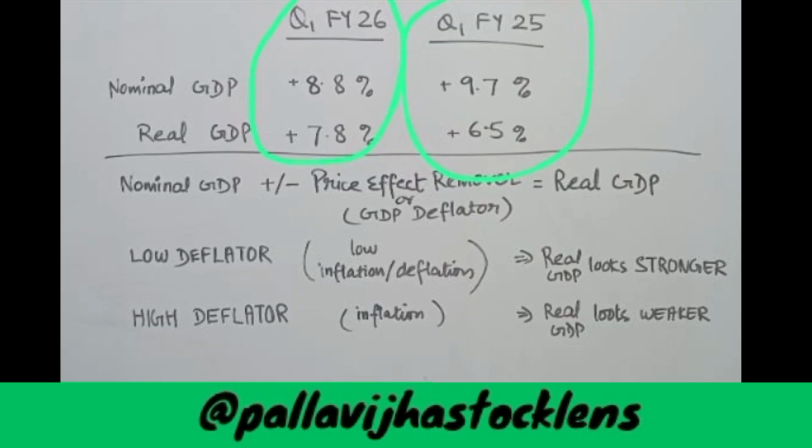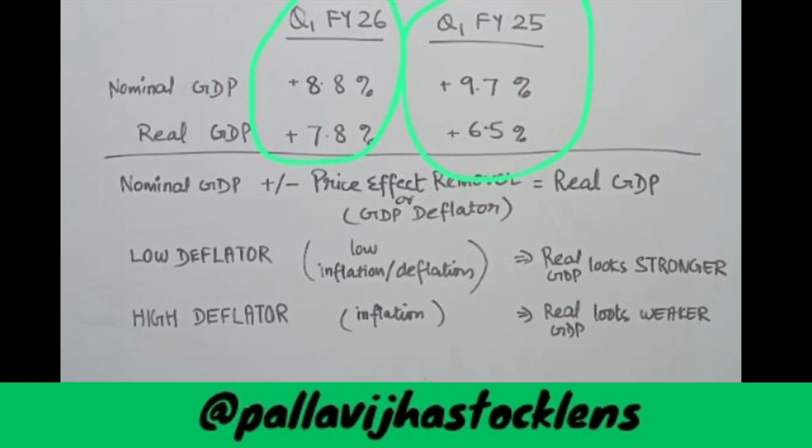In case of a high deflator, which was the case in Q1 FY25, the real GDP growth looks weaker. If inflation or the GDP deflator or price differential had been high, the real GDP to that extent would have been lower this quarter also, similar to Q1 of FY25. Since the price differential is not high, GDP looks higher to that extent, which is not a real contributor